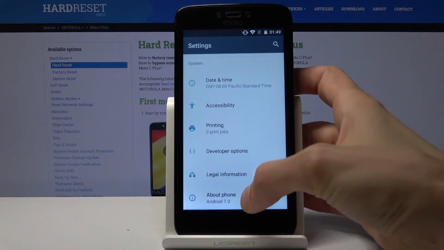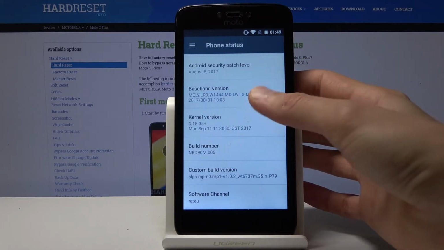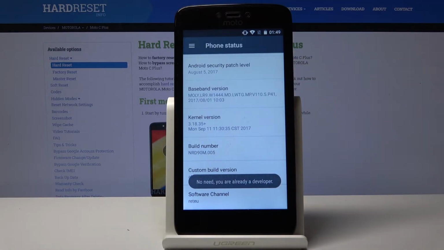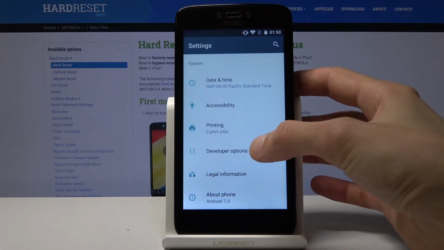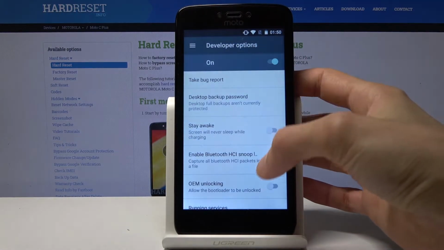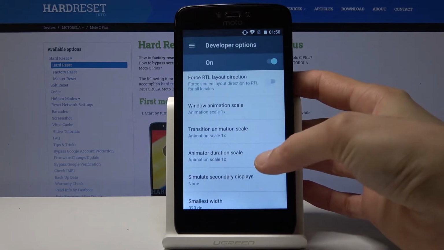But if you don't have this option, you'll actually need to enable it by going into About Phone and then find your build number, which is right here. Once you tap it 7 times, it will enable the developer options. Now you can see that no need, you're already a developer, so that's because it's already enabled here. So once you have it enabled, tap it to actually be on, and then scroll down till you find window